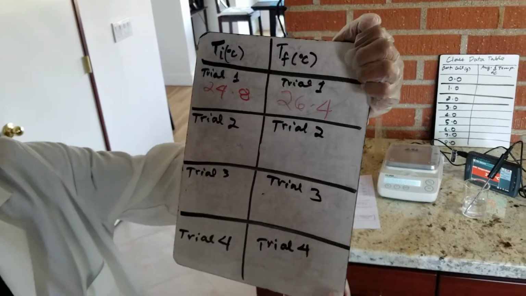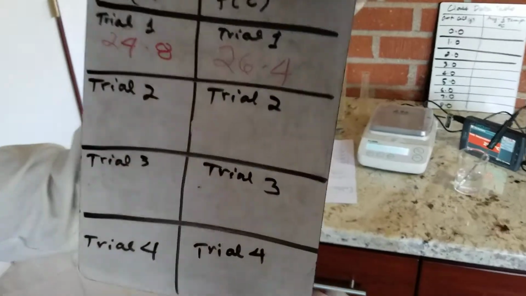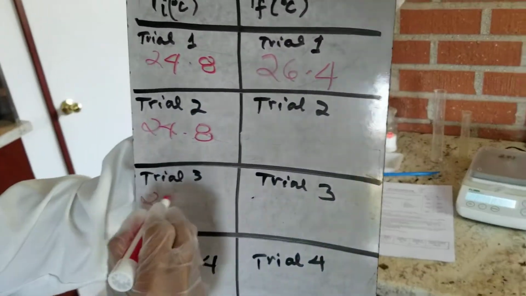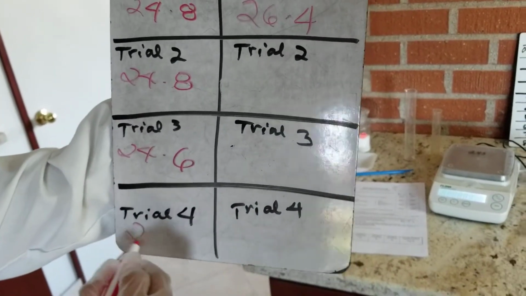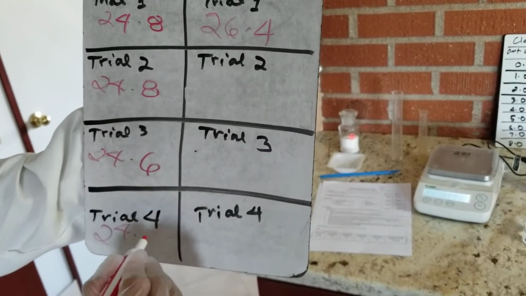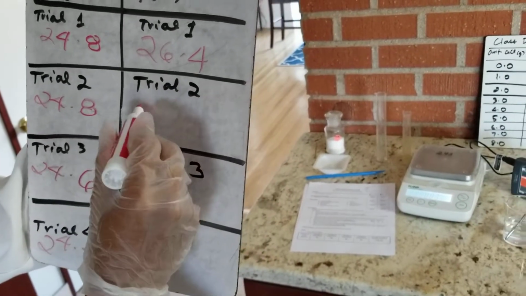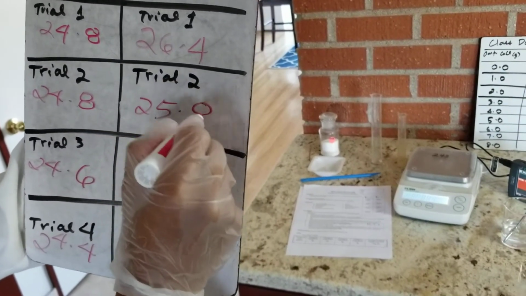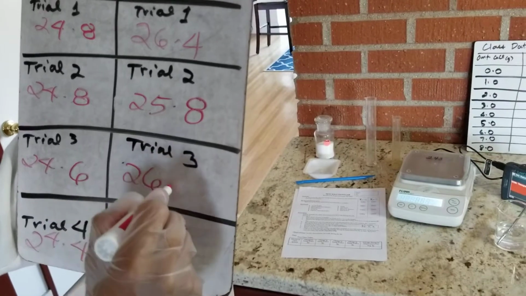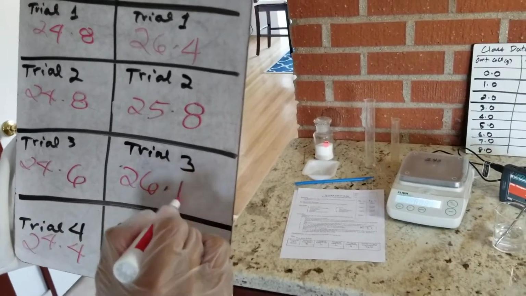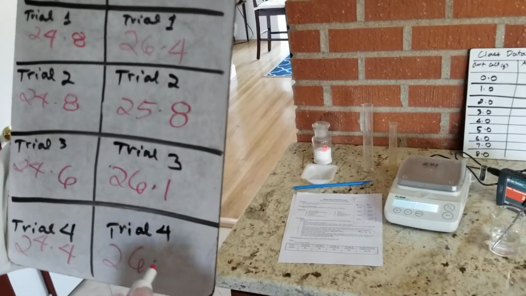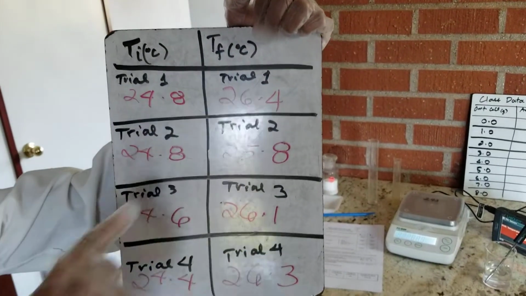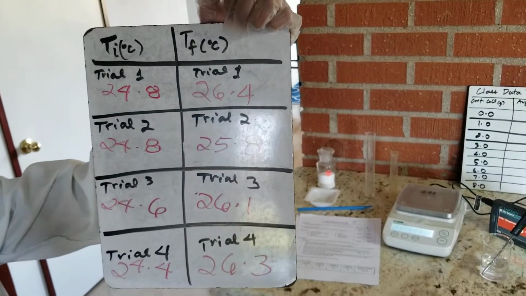So what if we end up with 24.8, 24.6, 24.4, and we end up with 25.8, 26.1, and 26.3. So within each pair of trials, you're going to be asked to calculate the delta T, the